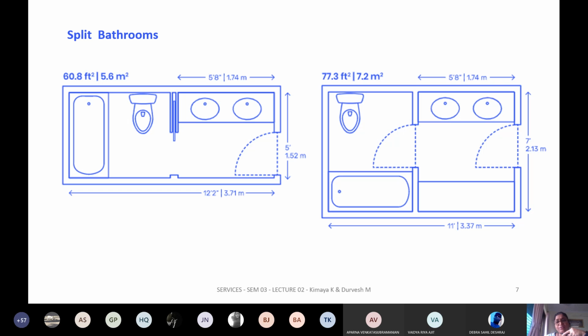The next is you have two doors. Wherein if you want, you can keep your wash basins accessible with your closets or your ledge, and the shower area and your pot is accessible by someone else. So it's like at one time more people can utilize that space.